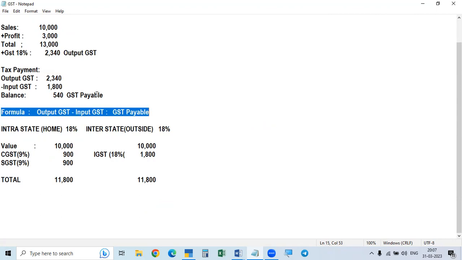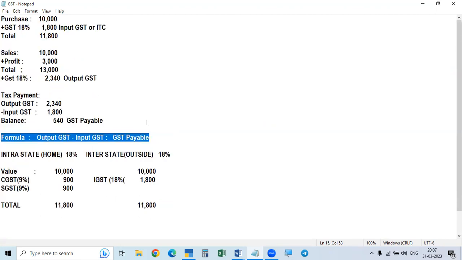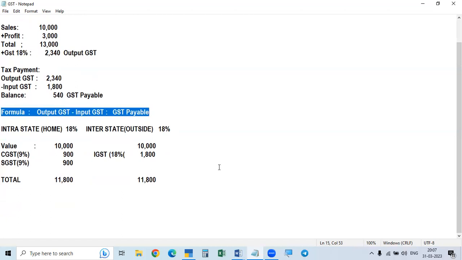And then the most important thing is that these regular dealers or regular scheme dealers have to file returns every month. Every month this person has to file two returns. They have to file GSTR 1,